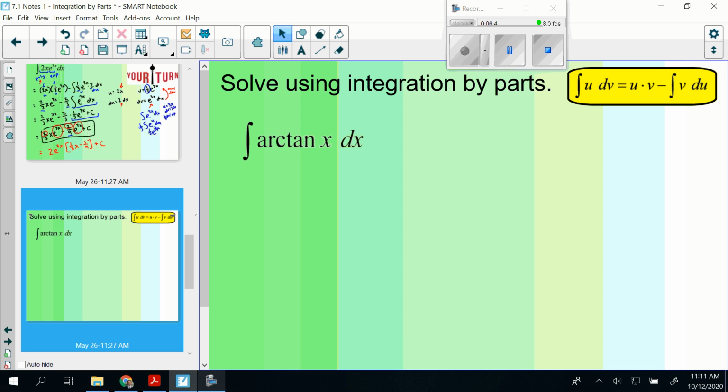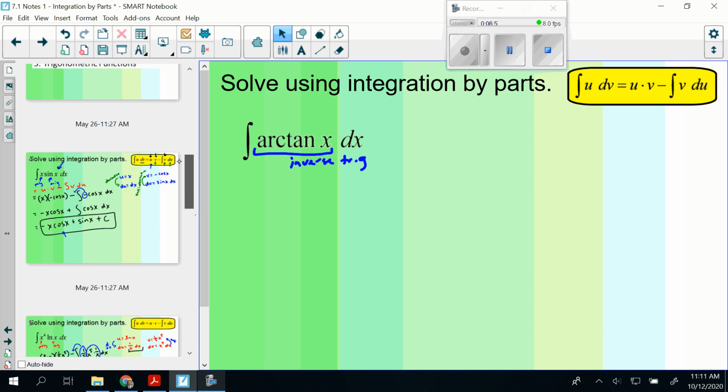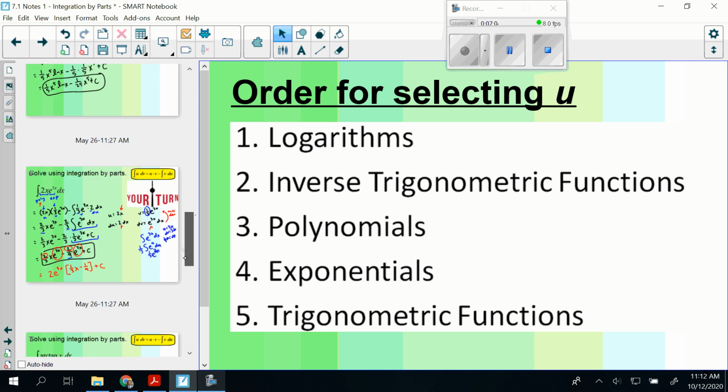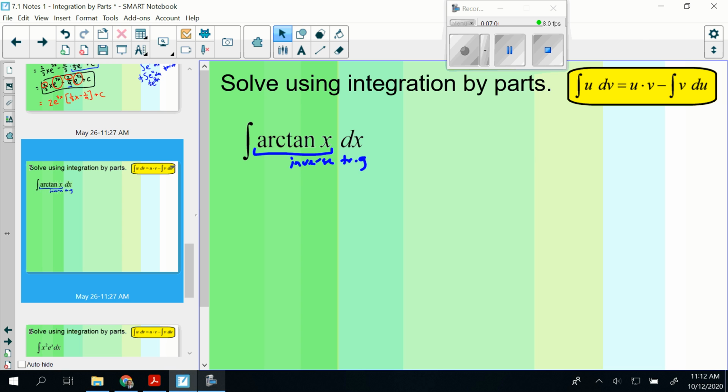All right, let's do one more here. Let's try one with an inverse trig. So the only thing here we see is an inverse trig, and on our list of choices for u, that's number 2. And there's no logarithms in our problem, so that's definitely our choice for u here. So u is going to be our inverse tangent,